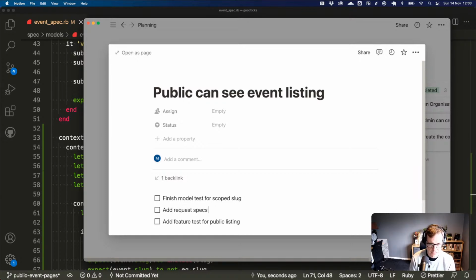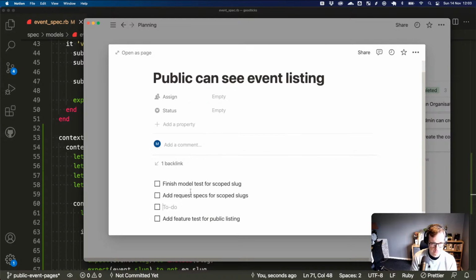Add request specs for scoped slugs. Probably enough of those just to get us up and running initially.